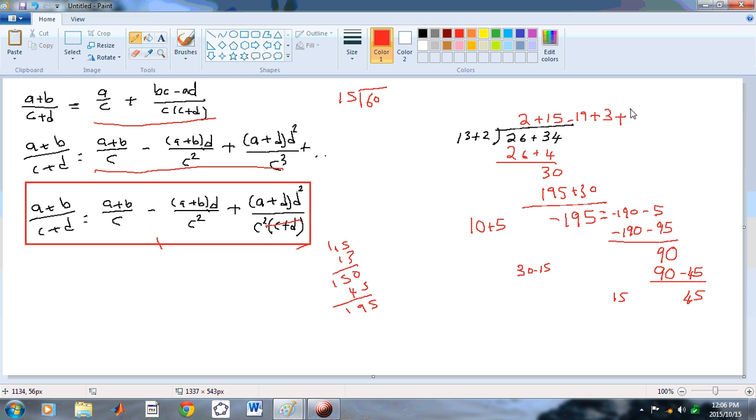So plus 3. And now if I've done all my arithmetic correctly, this whole partial quotient should add up to 4, does it? Well, let's see. 2 plus 15 is 17, minus 19 is minus 2, plus 3 is 1, plus 3 is 4. So you see, I just did whatever I fancied there because I know the rules as I've explained them to you. So I will get the correct answer no matter how I do it. Obviously this isn't the most effective way, but I just decided to show it to you